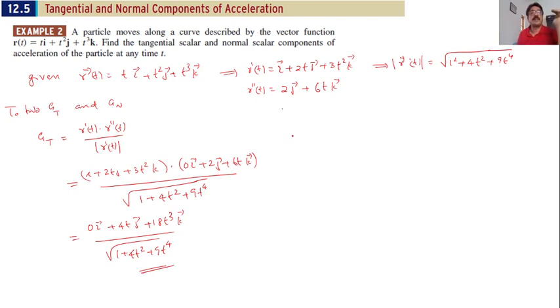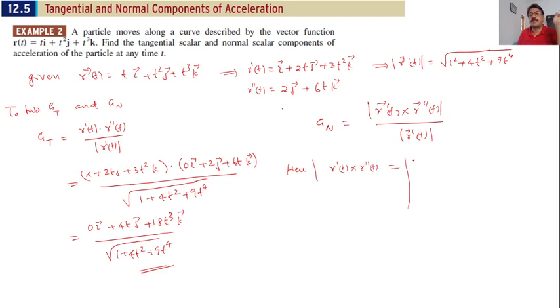Now we will find the normal component of acceleration. a_n is given by modulus of r dash t cross r double dash t divided by modulus of r dash t. Already we have got modulus of r dash t, so we need to find the cross product of r dash and r double dash. Here r dash t cross r double dash t